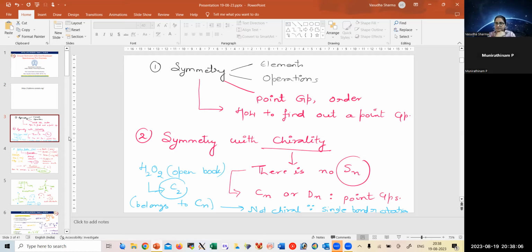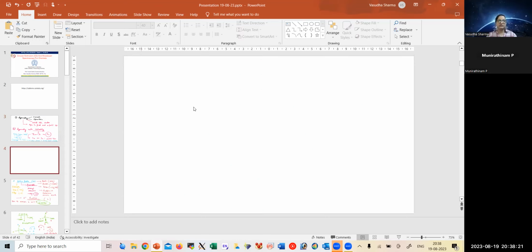Ma'am, in here hydrogen peroxide is available, H2O2. That is in bracket specified open book. Open book. So I cannot understand here. So actually